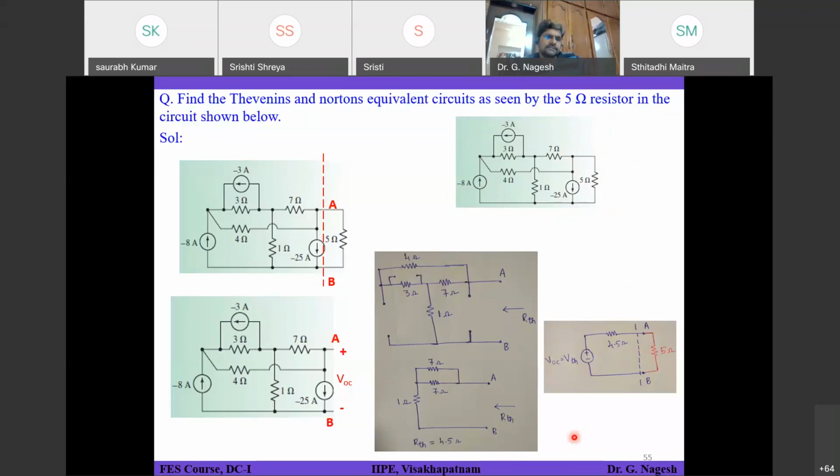I have given this example because we have discussed only simple problems. If you see, this seems to be very complex, right? You can apply Thevenin's theorem and convert the entire actual circuit given into this form. This looks very simple and easy for us to understand. Usually Thevenin's theorem is applied only when you are interested in studying one particular element, such as what is happening in this 5 ohm resistor. In that scenario, we apply Thevenin's or Norton's theorems to simplify the circuit and clearly understand what is happening in this 5 ohms.